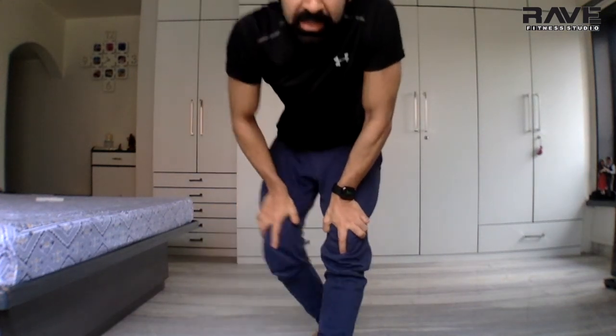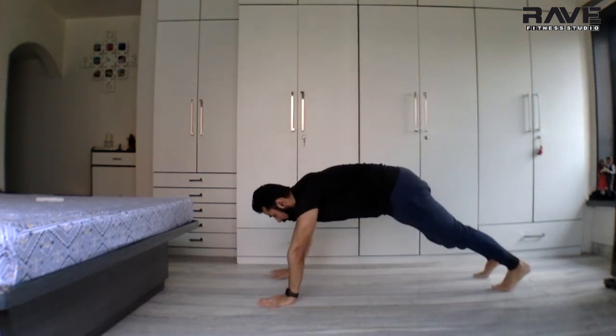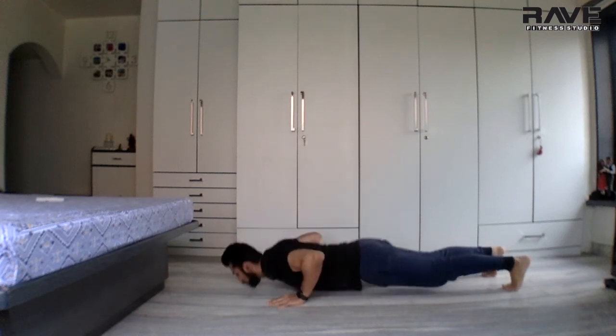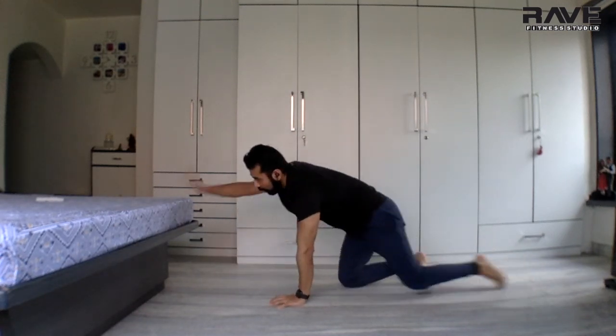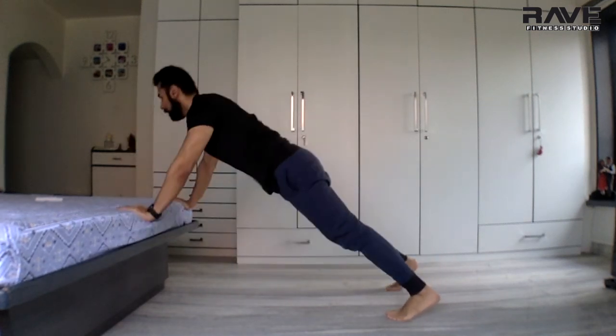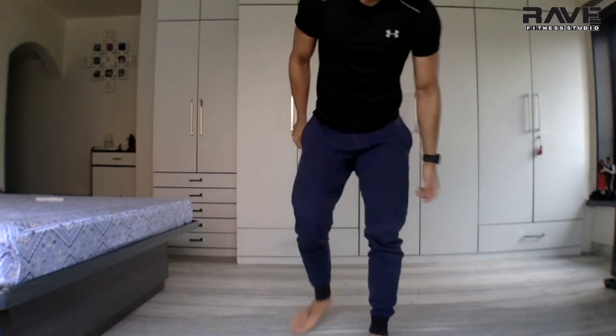Last one is push-ups. So just 10 push-ups. Push-ups on the floor, or with the knee down, or on a high surface. Whatever you guys want to do. If 10 is too easy for you,